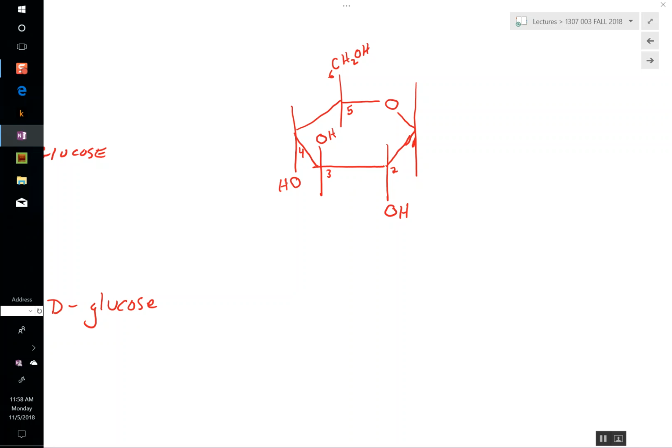Now, if the OH is here above the trampoline, it's beta D-glucose. Beta is the one found in nature? They're both found in nature. Alpha and beta both exist. If it's above the bed of the trampoline, it's beta. And so alpha would be